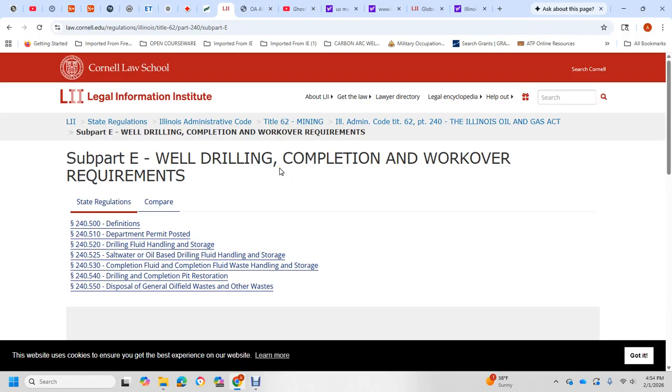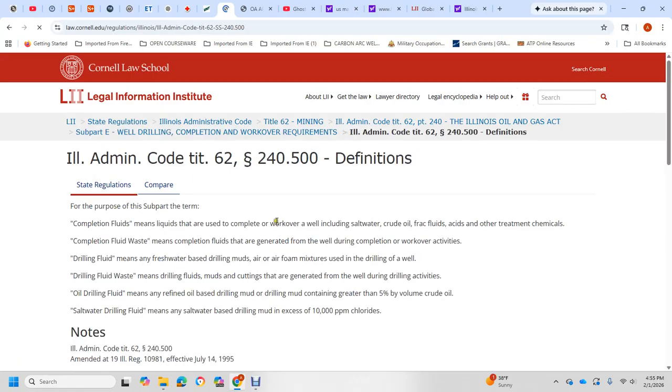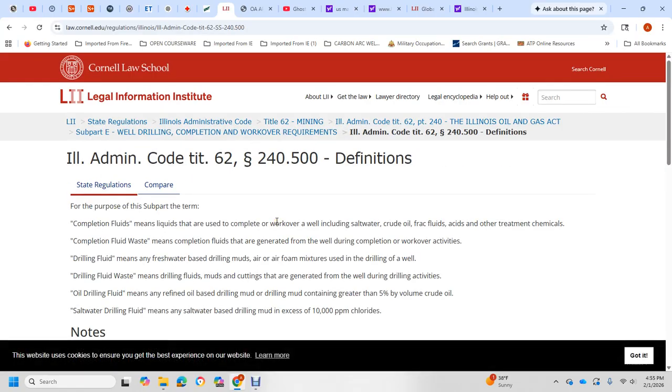Illinois Oil and Gas Act. Subpart: well drilling, completion, and workover requirements. Definitions, 500. Completion fluids means liquids used for the completion or workover, including salt water, crude oil, frac oil, frac fluid,